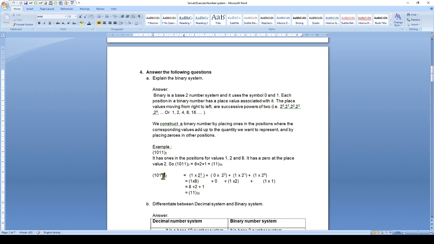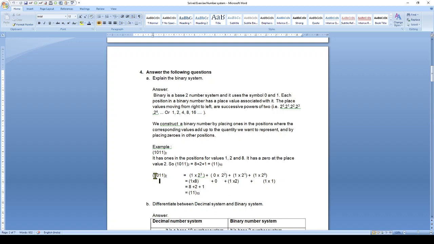Here, start counting from here. 1, 2, 3, 4. So there are 4 bits in this number, and you have to represent the number 11 with 4 bits. So how to represent it? You have to have 8